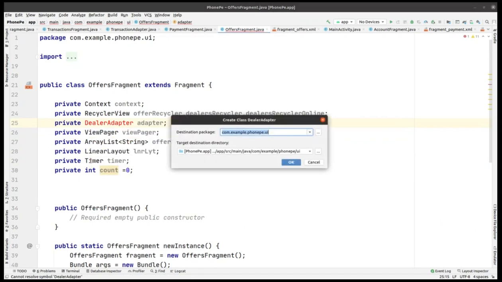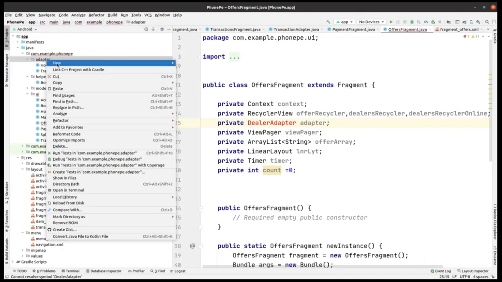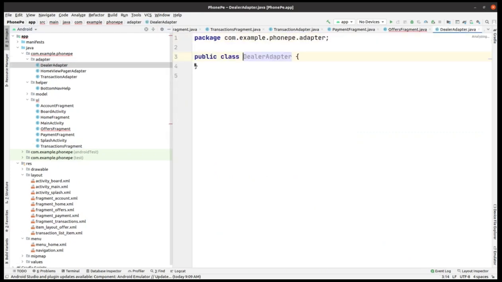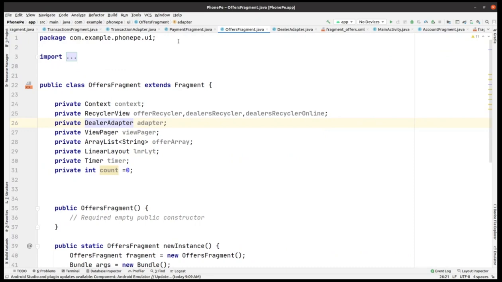This is not created yet, so we have to create it. Okay, so cancel it, we have to create it from the project itself. Yeah, New, then Java class. Here we have to give the name of that adapter that we are going to create right now. Okay, so now we have to create this, and let me see